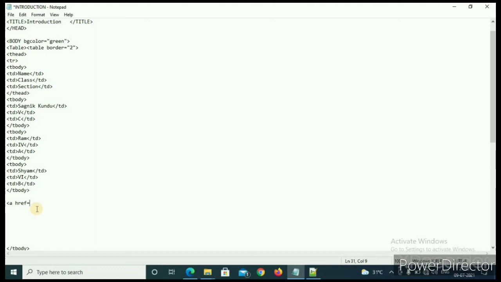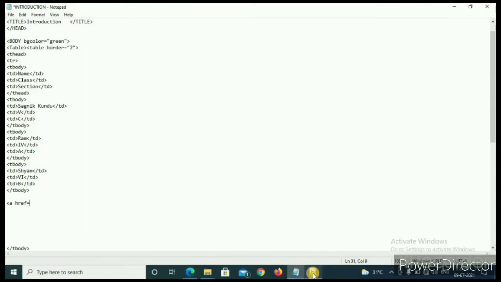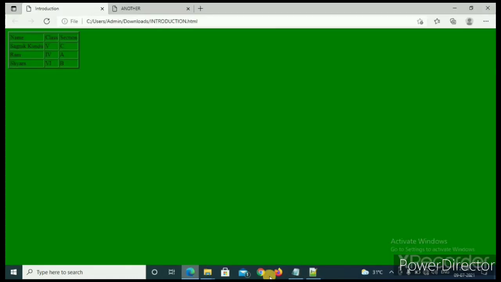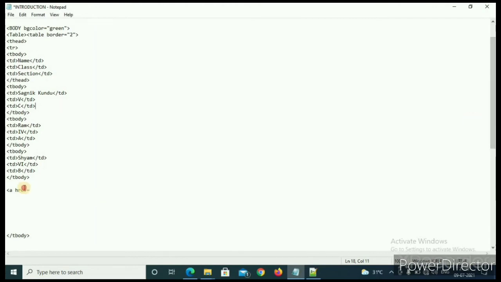So I hope you understood up to what I have done. I am showing you the table once again. Here is the table. I am adding one more name.